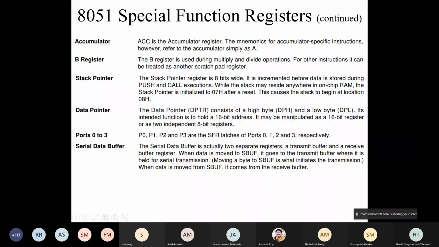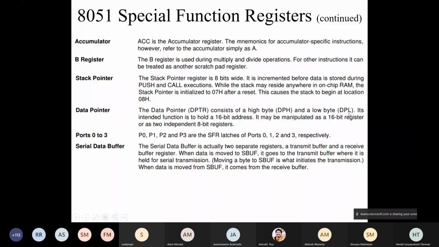So data pointer is a 16-bit register, which is the address register, which points to data, and it is basically a combination of DPH and DPL together. You can write to them separately. You can also read from them separately, DPH and DPL, but the typical operation scenario uses both of them merged together. DPH is the most significant 8 bits and DPL the least significant 8 bits. That means data pointer 15 to data pointer 8 is in DPH, and data pointer 7 to data pointer 0 is in DPL.